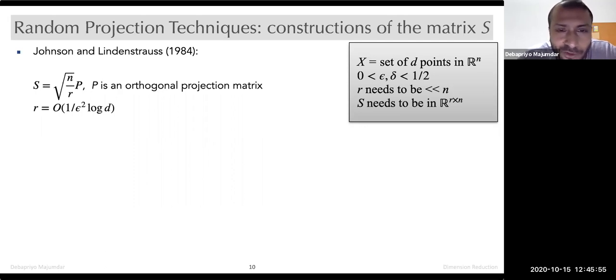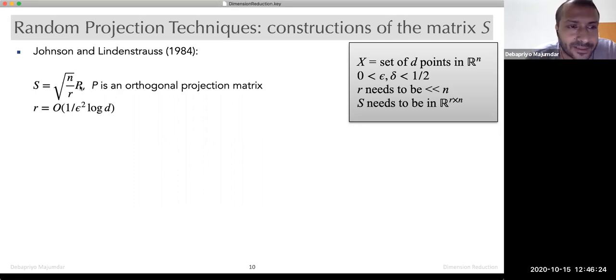Obviously, the last vector will be automatically determined. Once all your vectors are orthogonal, the last vector has to be determined, modulo a factor of 1 or -1. So you don't have freedom there. But before that, you actually have freedom on how to construct an orthogonal projection matrix. There can be infinitely many of them, right? But which one you pick is a random choice. So it's a random orthogonal projection matrix.